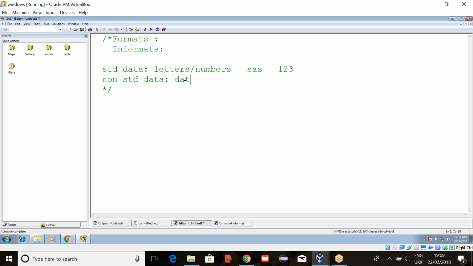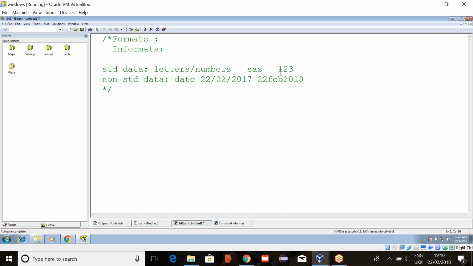Suppose you take a date. How do we write a date? We'll write it in many ways. Today's date is like this, so here we have numbers and a special character. Or we'll write it like this, where characters are there, and numbers. But if you have two different dates like 2017 and 2018, we can perform some calculations here, like how many days gap or how many months gap.